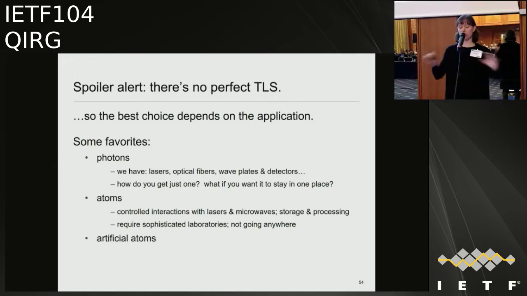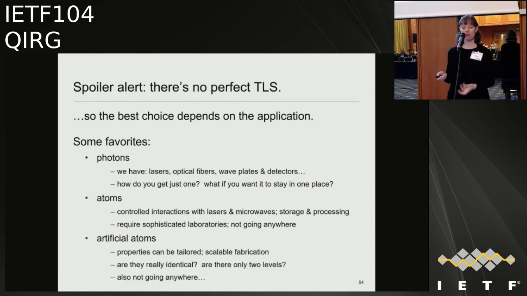And a third very broad category one can describe as artificial atoms, things that we fabricate, for example, in a clean room that should behave like atoms, but where we can maybe take advantage of the tunability that we have. Examples here would be vacancies, so defects in diamonds, or quantum dot systems. Also what's known as superconducting qubits that are based on Josephson junctions, and they interact with microwave cavities. All of these systems have properties that can be readily tailored, and we can take advantage of capabilities for very scalable fabrication from